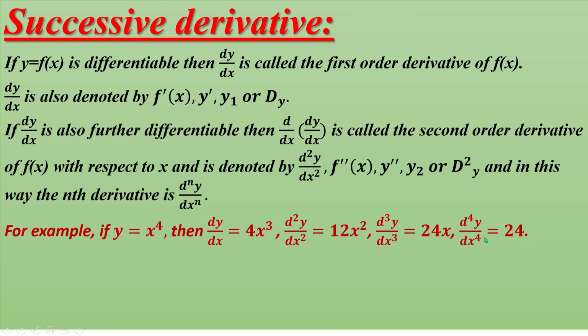And after the fourth order derivative, all will be 0. That means the derivative of a constant term is 0. As 24 is constant, the fifth order derivative will be 0. And the derivative of constant 0 is a constant, so the sixth order derivative is also 0, the seventh order derivative is also 0, and in this way the nth order derivative is also equal to 0. Clear? Okay, now problem